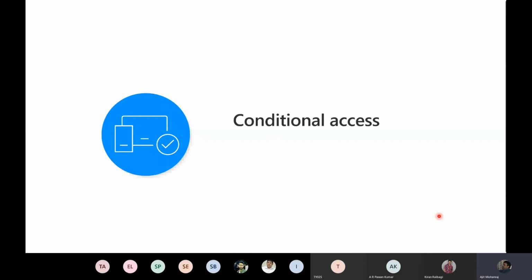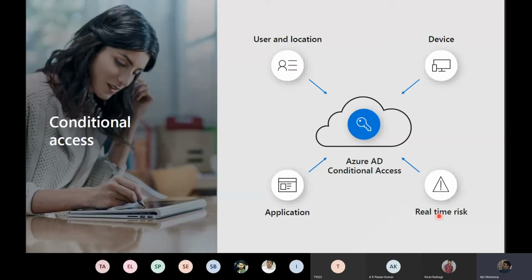Second piece of the puzzle with Azure AD, conditional access, right? What do I mean by conditional access? Well, based on user location, device, and your risk level, I will decide what kind of access you get to the application. Simple, right? And remember, I want to implement this in a very contextual way. It's not standard, like, if you are the admin, then you can go. No, no, no. Who are you? Where are you? What device? What are you trying to do? What time of day are you coming? All of that's going to become a factor for me.